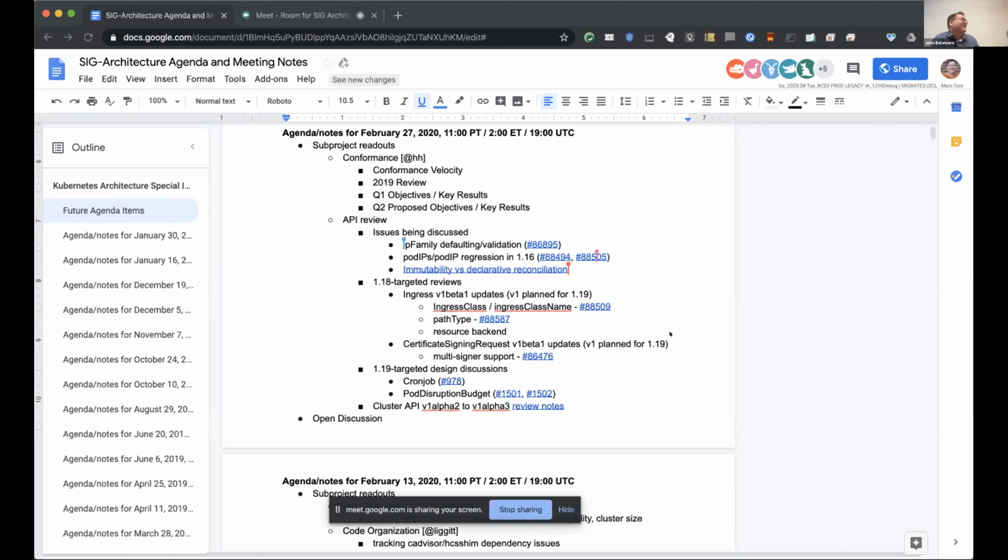But anyway, if we're going to be more strict and more consistent about enforcing our schema, we need a way to bring existing non-conformant objects up to par without breaking people. So that's ratcheting. Immutability in particular is interesting and more complicated than one would expect at first, because as Stefan has pointed out in some of his proposals for CRDs,